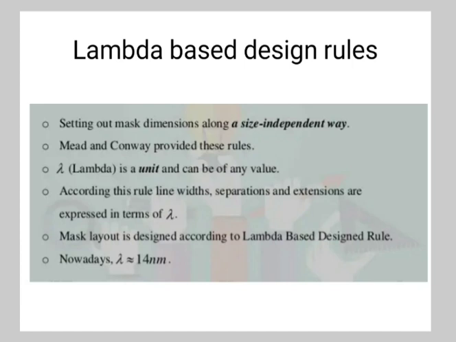And lambda rule means it specifies the layout constraints in terms of a single parameter that is lambda, and this allows linear proportional scaling of all geometrical constraints of layout components. So for n diffusion the symbol is ND, the minimum dimension is 3 and the color is green. Then for p diffusion, symbol P diff, minimum dimension 3 and color is brown. Polysilicon, symbol poly, minimum dimension 2 and color is red. Then